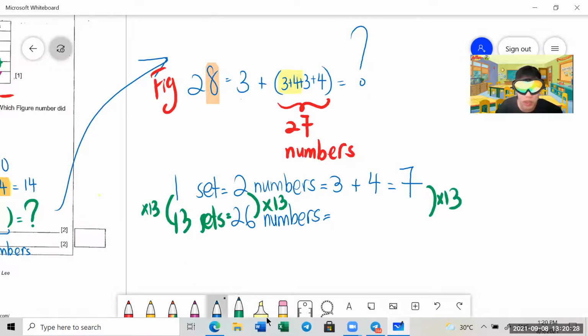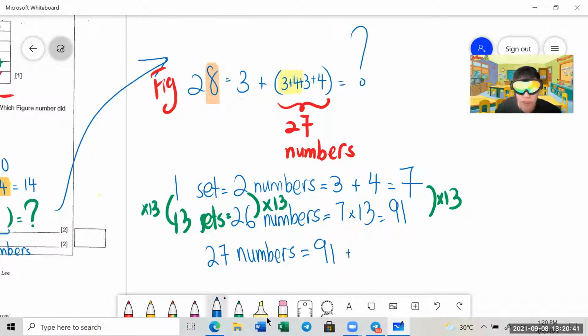You get what I'm trying to say? So it should be 7 times 13 as well. Therefore, your answer should be equal to 91. Okay, but 91 is 26 numbers. What do we want? We want 27 numbers. So the value for 27 numbers is simply 91 plus the last digit,